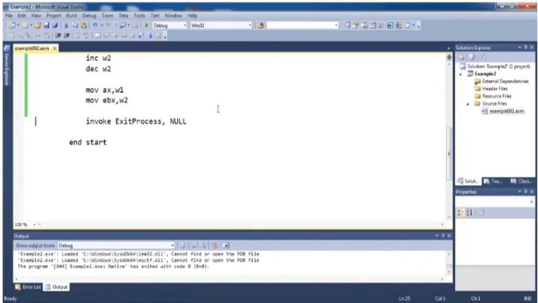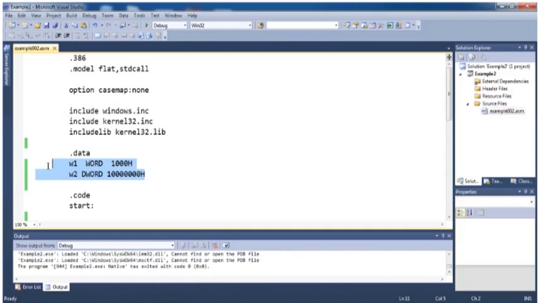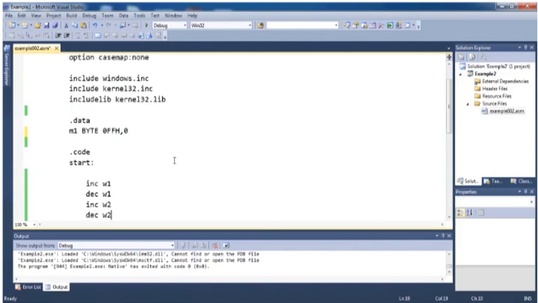So what will happen here, if I want to see the effect on the register ax and of the move instruction, in case I want to use, for example, my m1 is equal to byte, and its value is 0ffh, and the value for the second byte is 0. In decimal or hexadecimal, doesn't matter, for both it is the same. Now we are using increment,